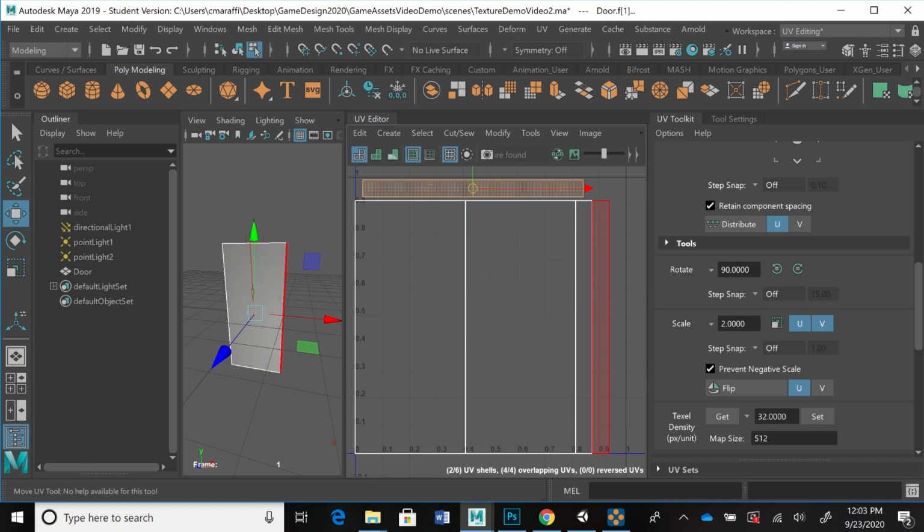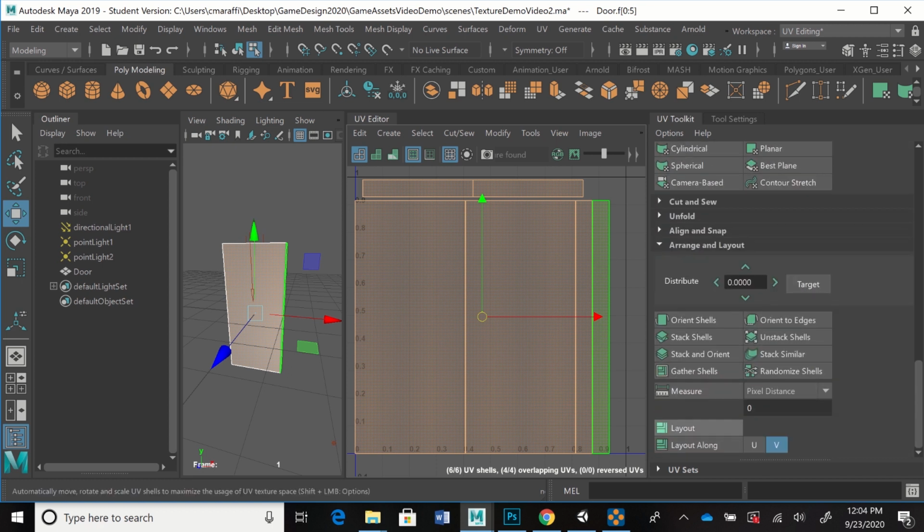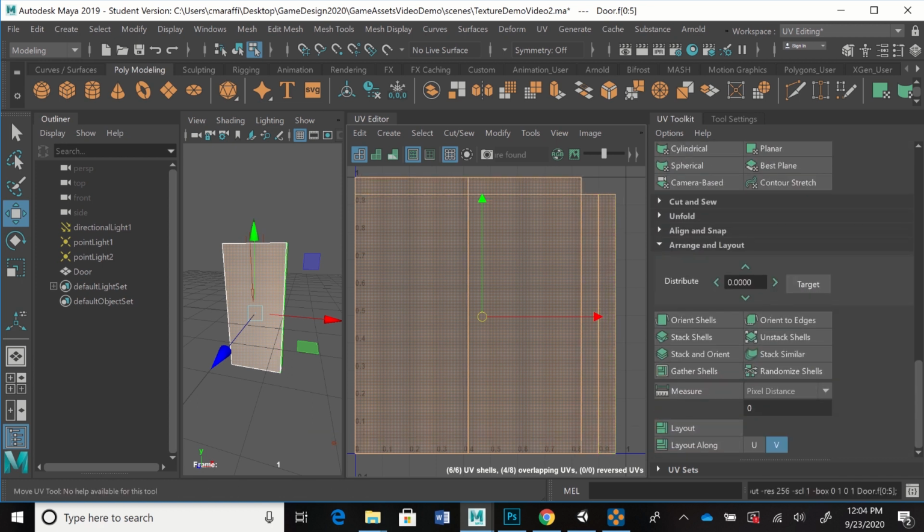And then what I'm going to do is select everything again. So you could just left mouse button drag a selection box over all the faces, and then go to the bottom and hit layout again. And you'll see that it scaled them up a little bit more so that it could fit everything into that 1 by 1 texture space. So it's using up that entire space. And I could scale these edges down a little bit if I wanted to,